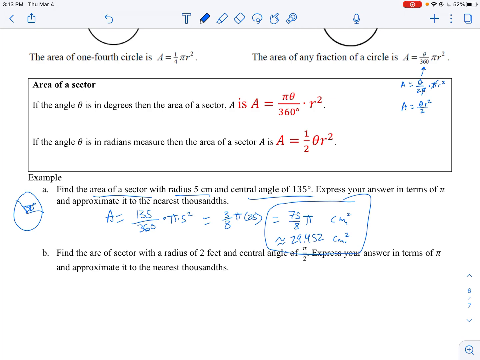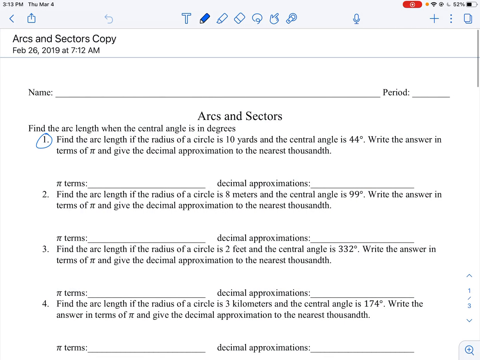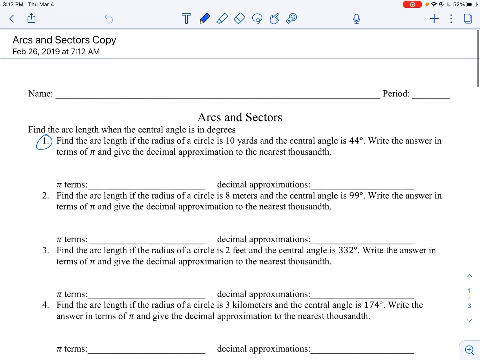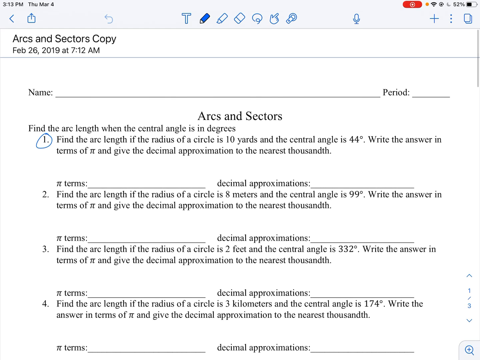And so when you get to your actual assignment on arcs and sectors, you should pay attention to what you're trying to get. Here you're trying to get arc length. Remember, arc length, cursive L, is equal to your angle times r. R is your radius, and the angle must be in radians. So for this one, the radius is 10, so I'm looking at times 10. And we have 44 here. We need to take 44 and times by pi over 180, which is going to give me